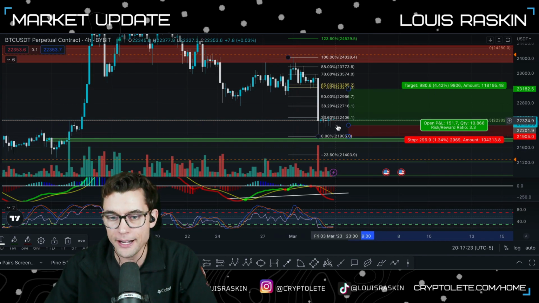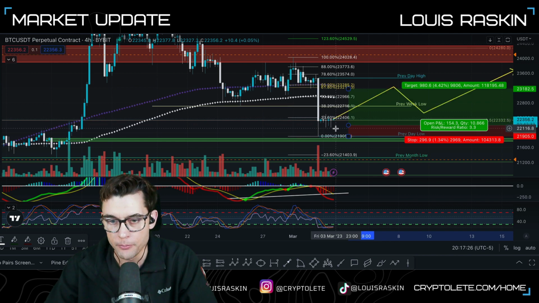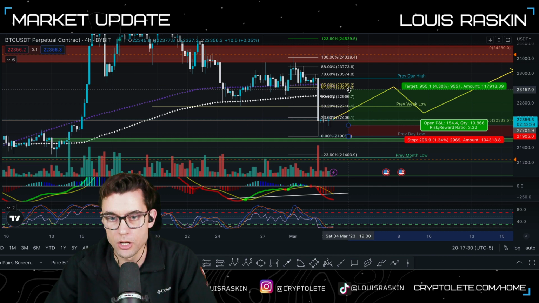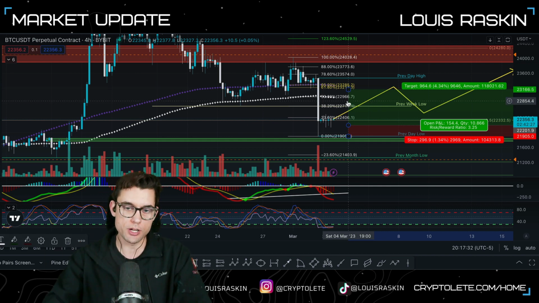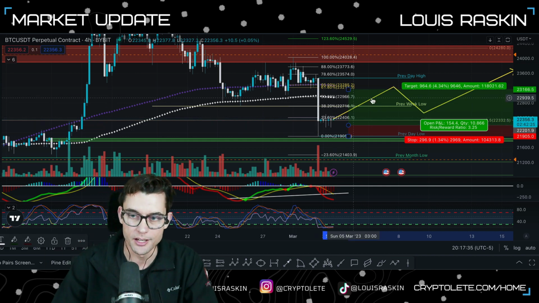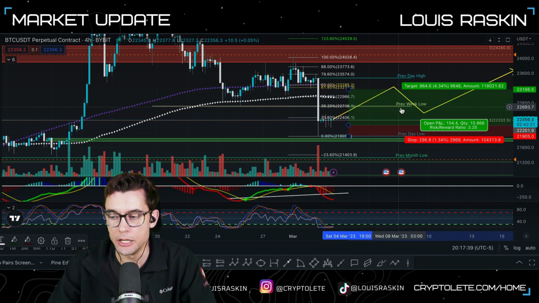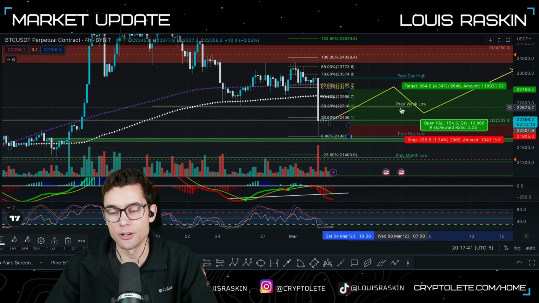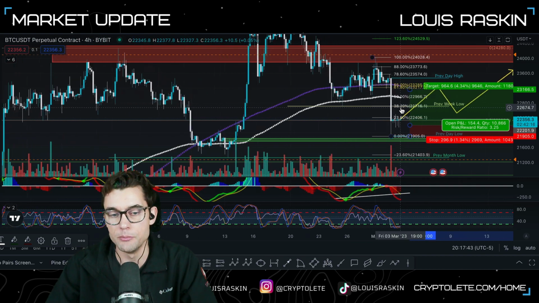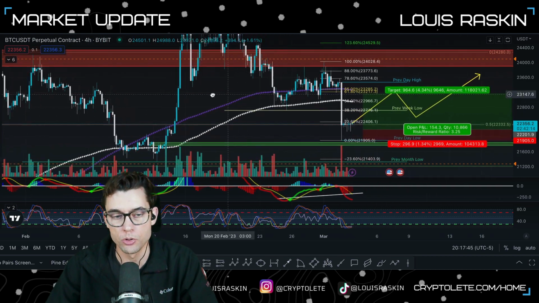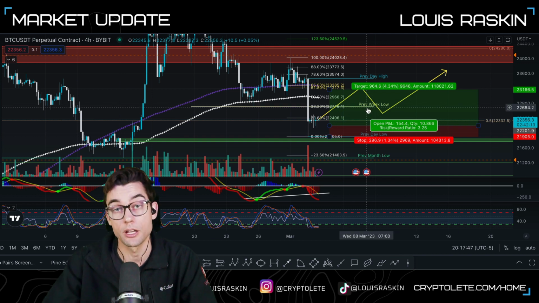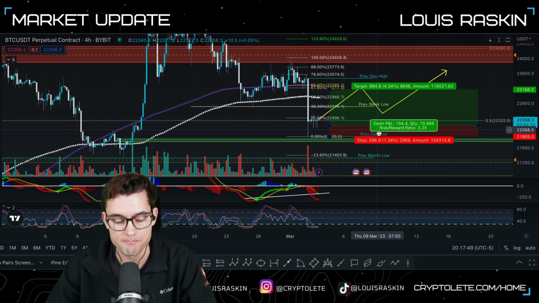Hope that I get a wick down, one more wick down, and then a nice little pop up here. So if I'm bullish on Bitcoin, this is a 3.25R trade. That's really good. But maybe there's some other cryptocurrencies where I could make even more money. So I'll put this trade on for Bitcoin, and then I'll look at some others. Obviously, I'll look at Ethereum, and then I'll look at some other coins.